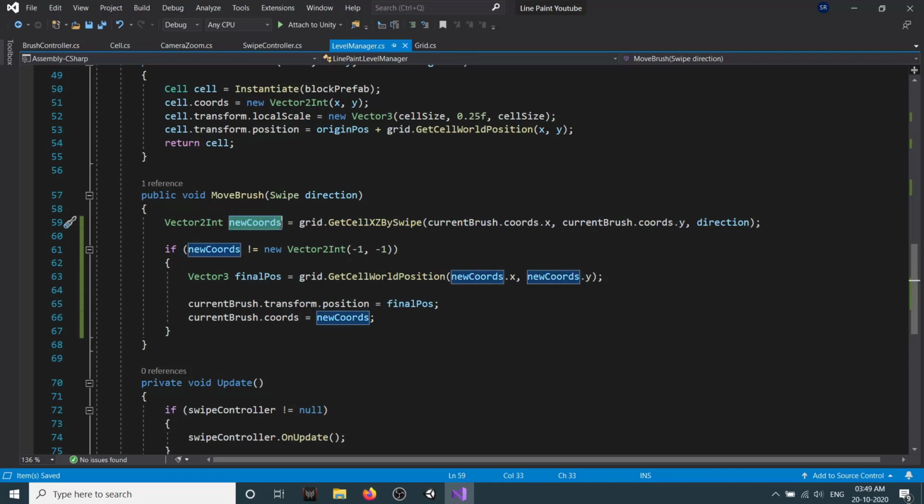So whatever the direction we have swiped, if we can move there, we get the new coord.